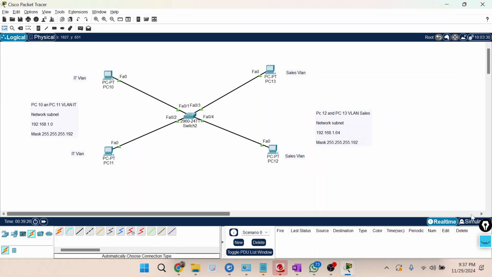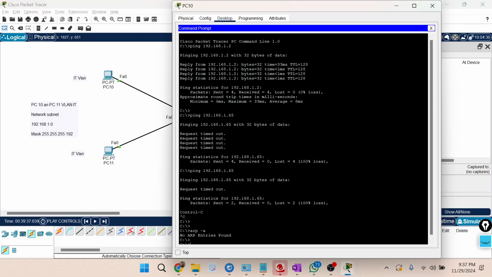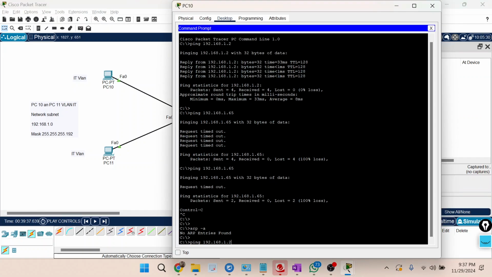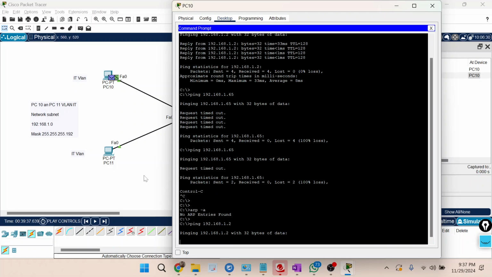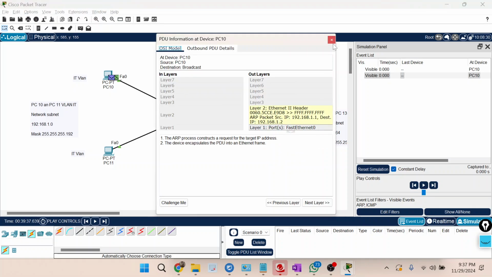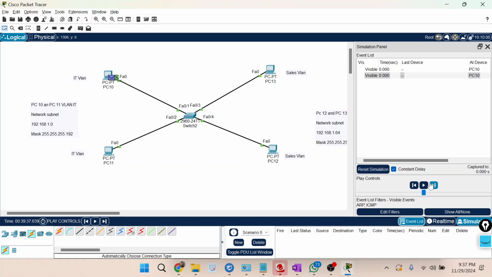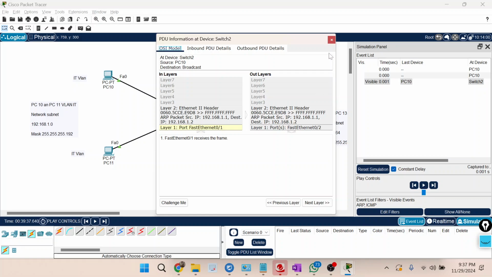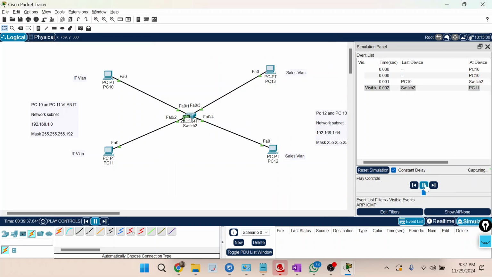Before that, let me go for a simulation. I'll do ping 1.2. Let's see what the packet type is. We have all F, that means broadcast, right? Now let me do it like this. I'll pause it here. Traffic came to the switch. Again, the switch also has broadcast traffic. Now let us open again.